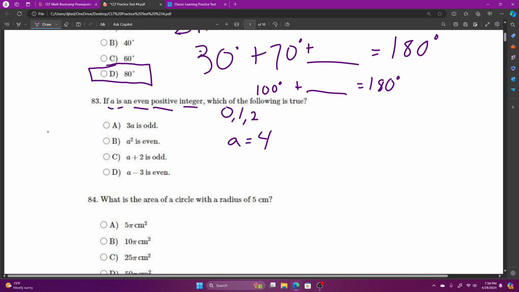Oh, excuse me, my timer's going off and my dog got